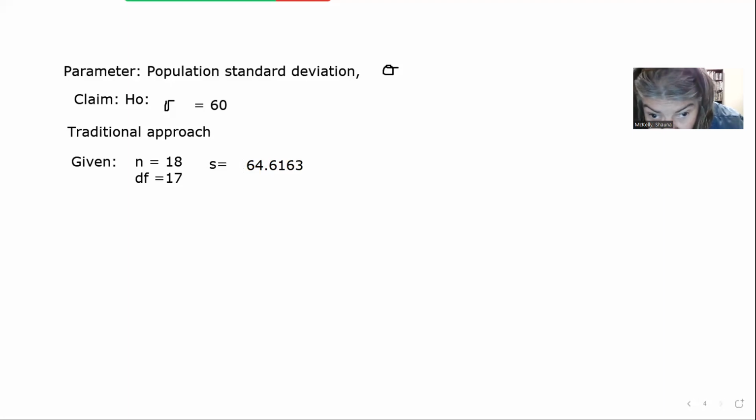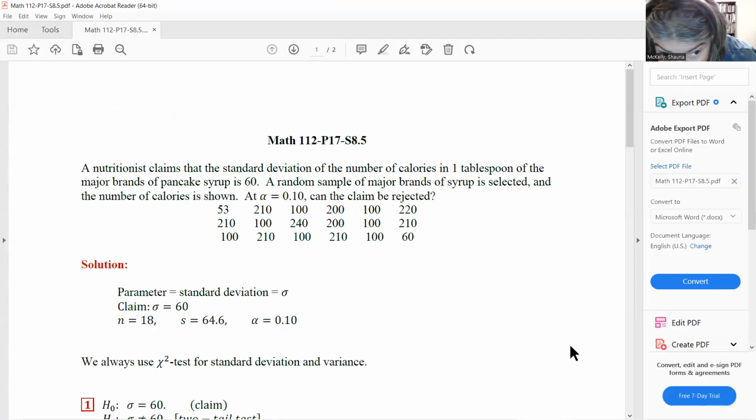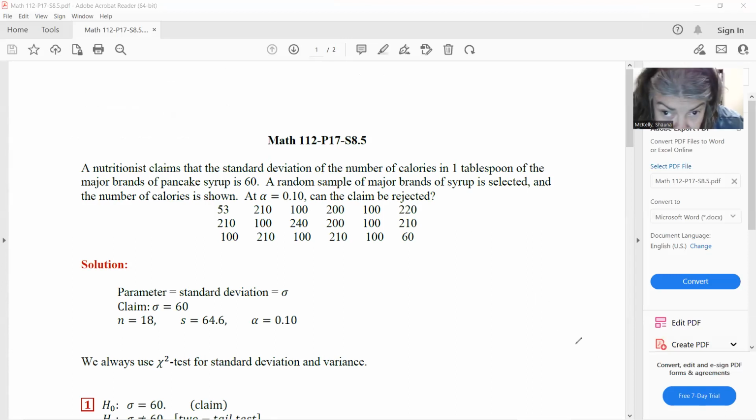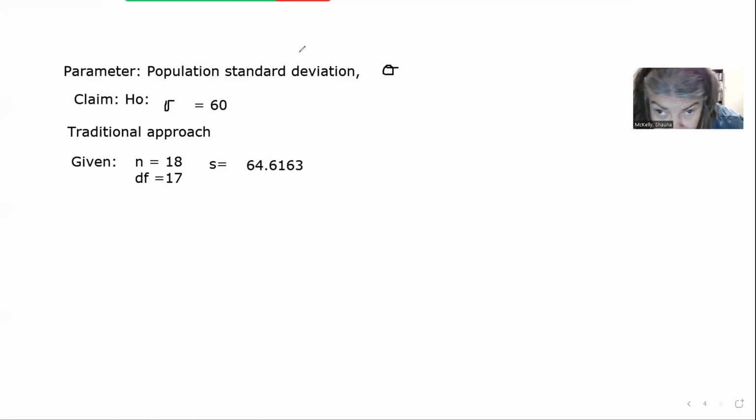let me go to my problem, it says at alpha equals 0.10, can the claim be rejected? So here, my alpha is 0.10. That's pretty straightforward, okay? Alpha is 0.10. Now